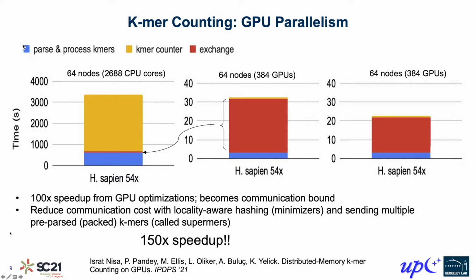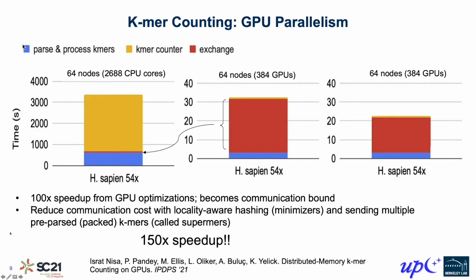One of the early lessons from this work is that counting is not the only thing that the GPU should do. It also has to parse the input strings into K-mers. That reduces the CPU-GPU communication volume and gives the GPU more work to do. Note that the y-axis in the second graph is smaller by 2 orders of magnitude than on the first graph. That tiny red sliver of communication in the first graph becomes dominant after adding GPUs, with a resulting speedup of over 100x. The third graph then shows additional speedup from optimizing the communication, using some application-specific techniques.